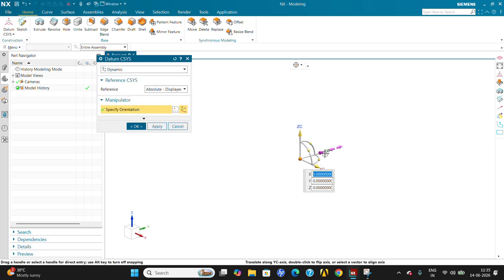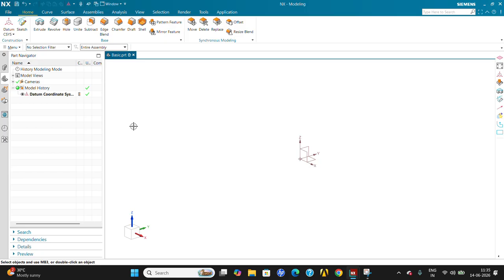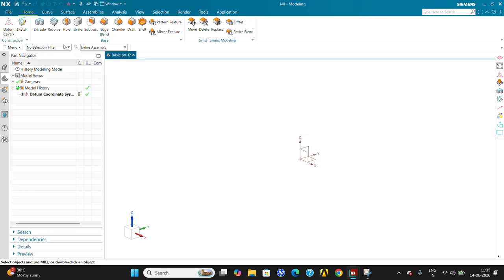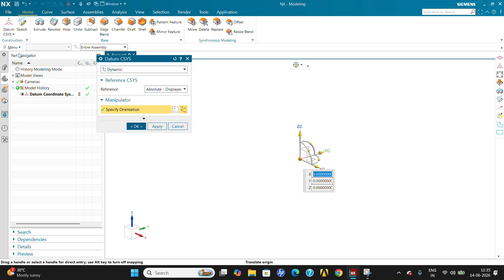So it will be coming to the exact position. Then we give the coordinate by dynamics. Dynamic means wherever we want, we can move it or rotate it in whichever direction we want, dynamically doing it. Then the next one is